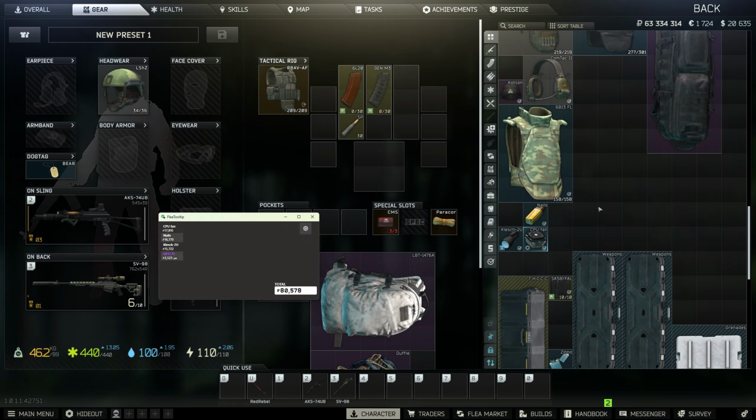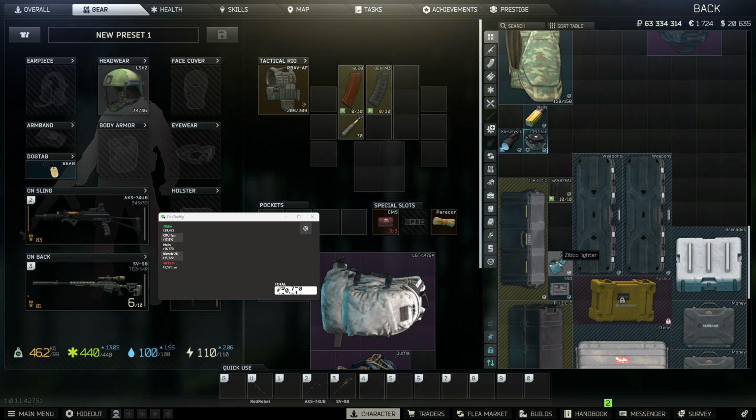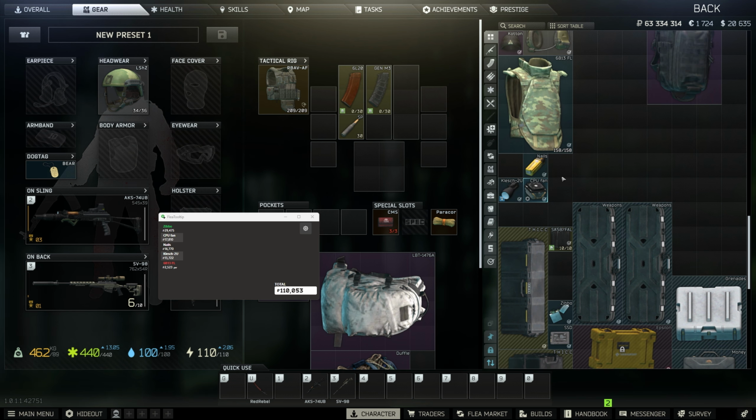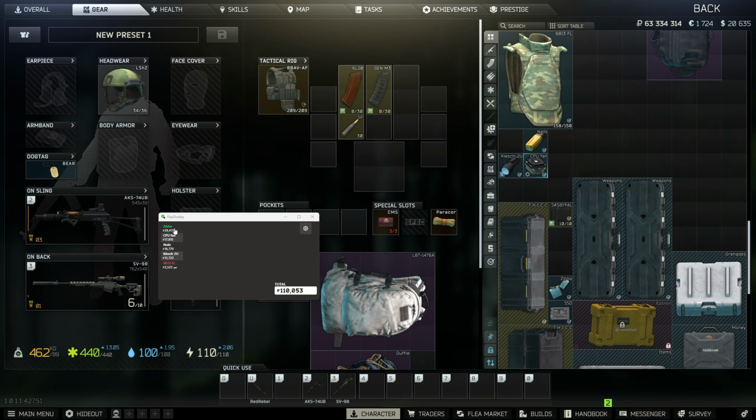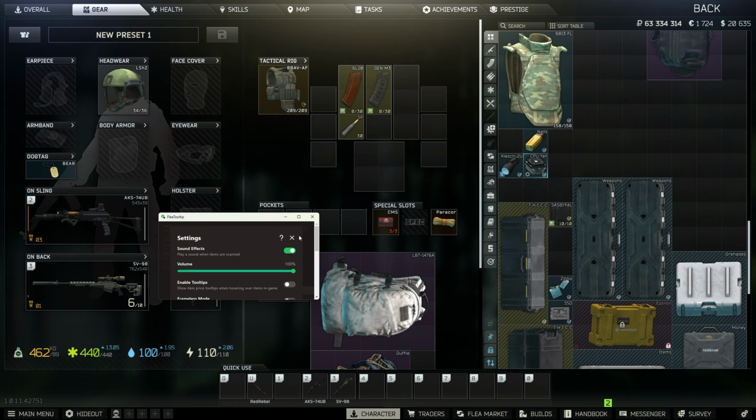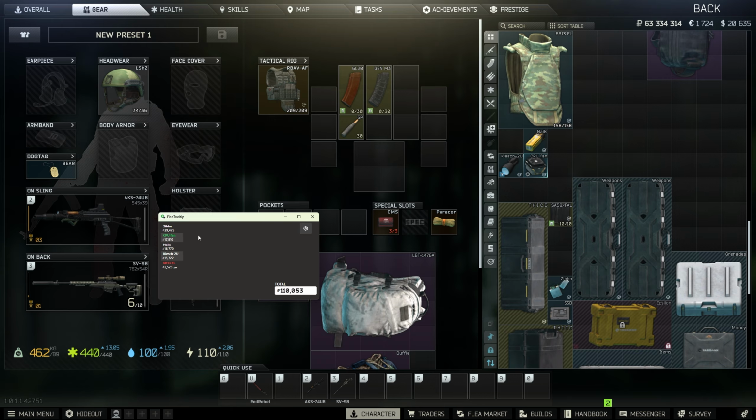Basically, it just makes a noise when you scan something. So if I scan the Zippo lighter, it makes a little ding noise. And in the instance where I've already scanned something, so let's say I scan this CPU fan, it'll make a flat noise, and you can change the volume as well. But that's basically just to indicate that you've already scanned this before, and that at this point, what you could